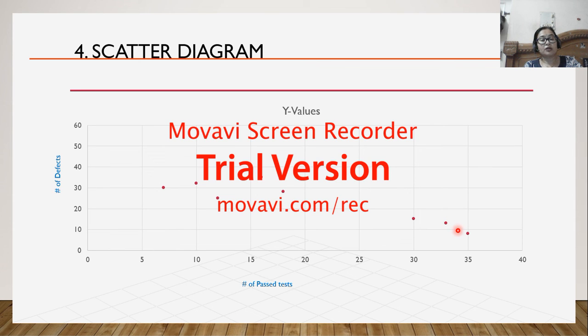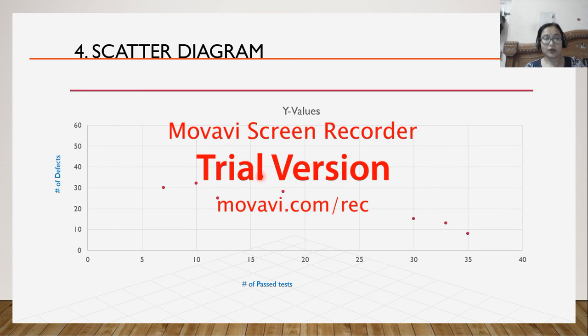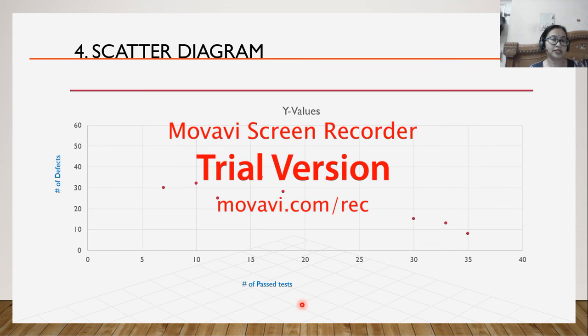that leads to slowing down or lowering the number of defects. That means our purpose is being served. So here, if we see this plot, we find that at one point of time we had issues around 40, and when we added more test cases and they started passing, we reduced the number of defects to even below 10. So this way we can find a relationship between the number of defects and the number of passed tests. This is just an example though. This could help in improving the quality of our product.